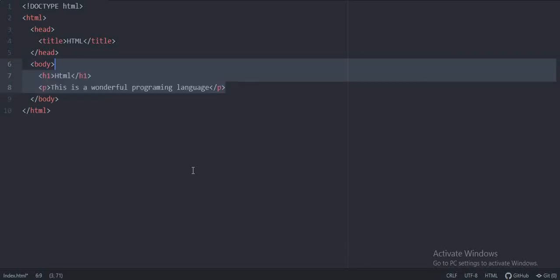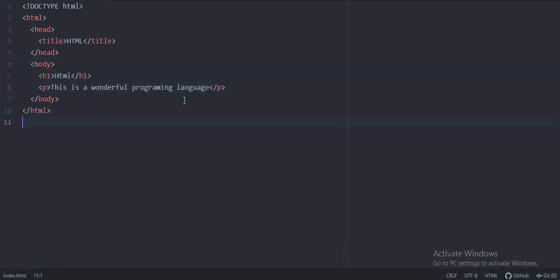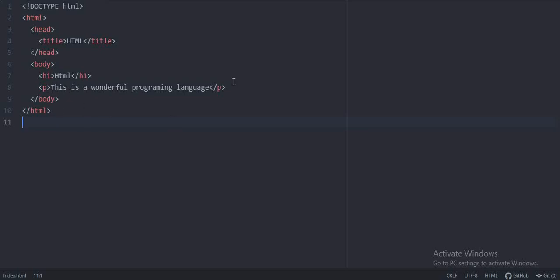Okay, so now I will press Ctrl plus S, then go to my browser and refresh it. You can see that there is a heading and there is some text which we have input here.